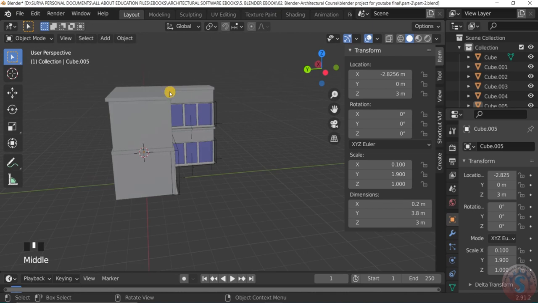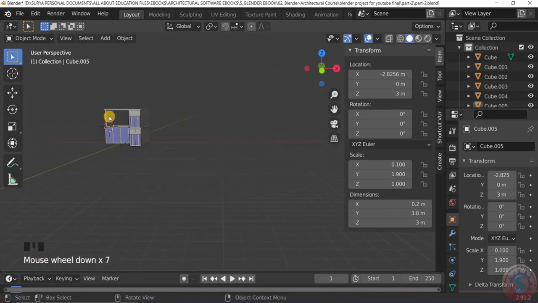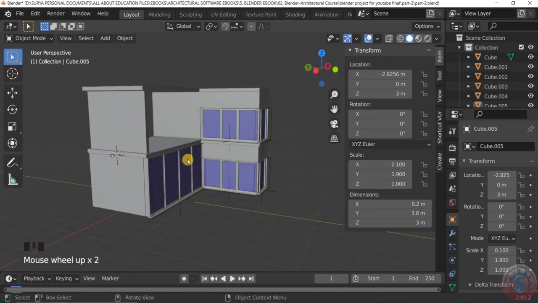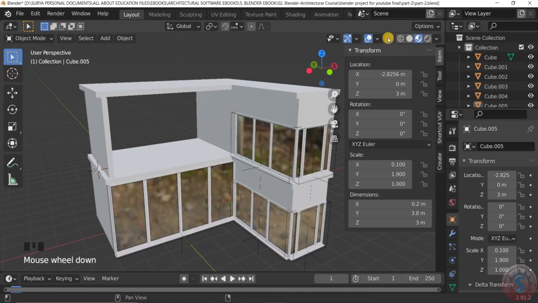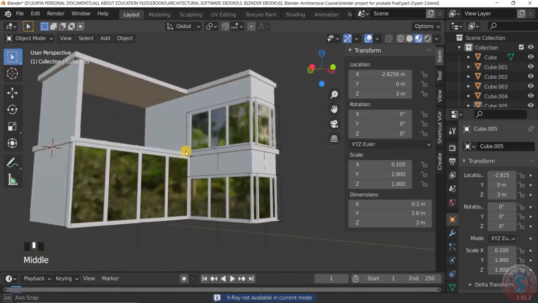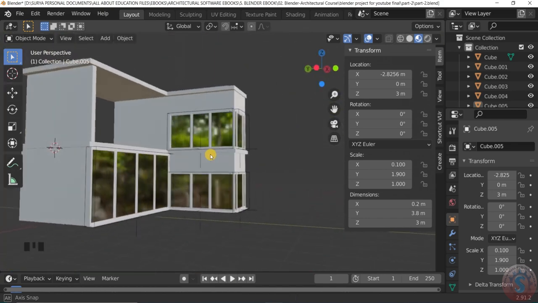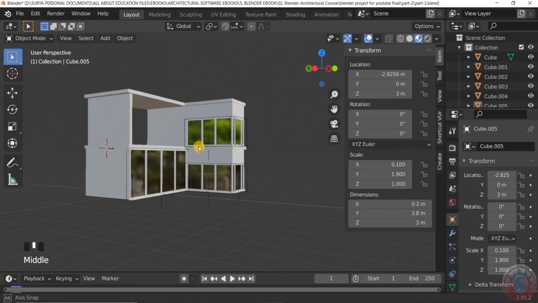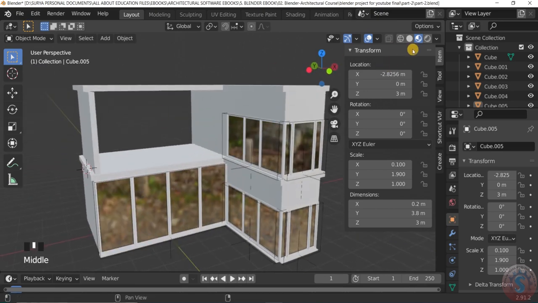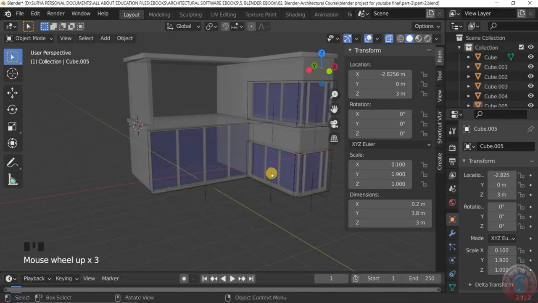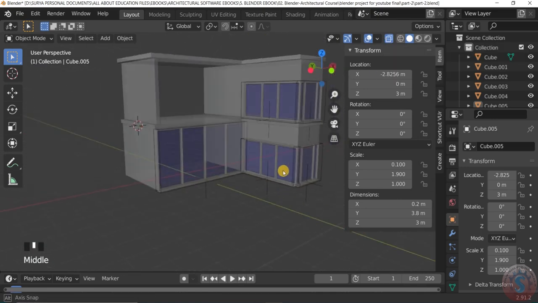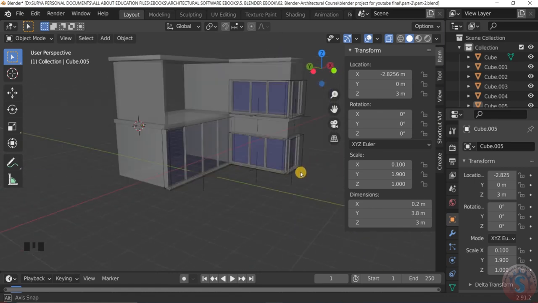Like this, you can reduce it on the y-axis by using the part. Then go into the material preview, go into the tool X-ray, and observe the glasses and windows. The ground floor and the first floor are successfully created. Like this, you can create: go into solid, go into the tool option, X-ray mode. You can observe the inside view of the hollow shape. Like this, the floor is created.